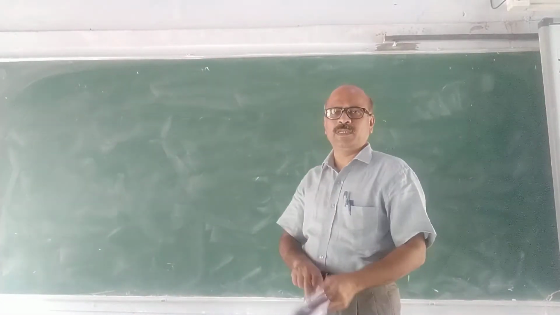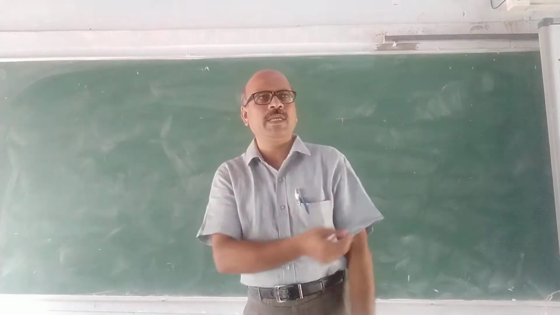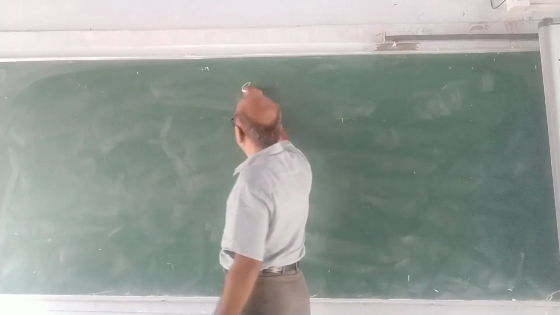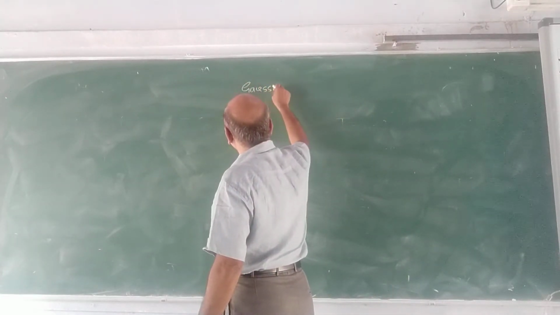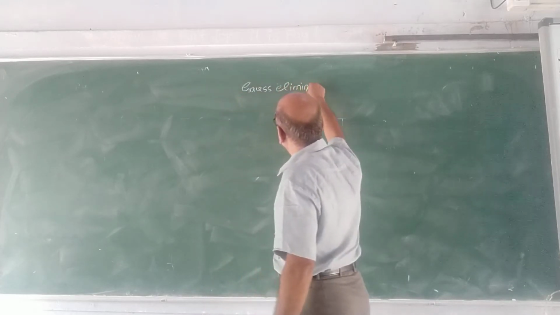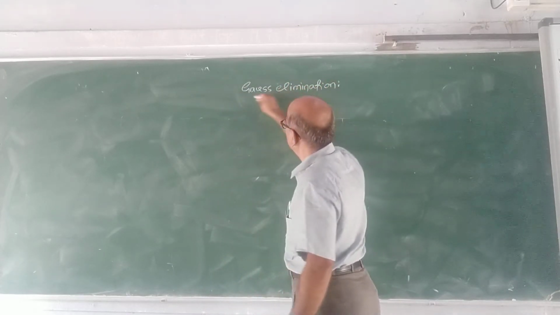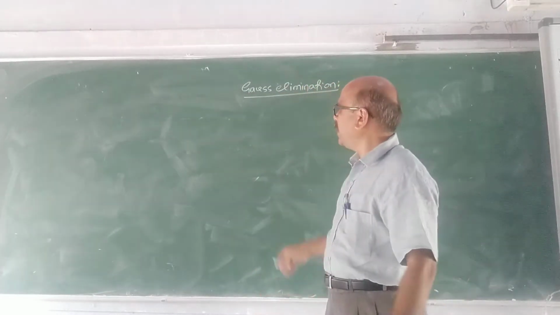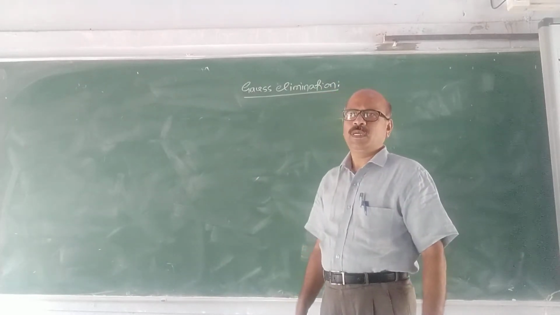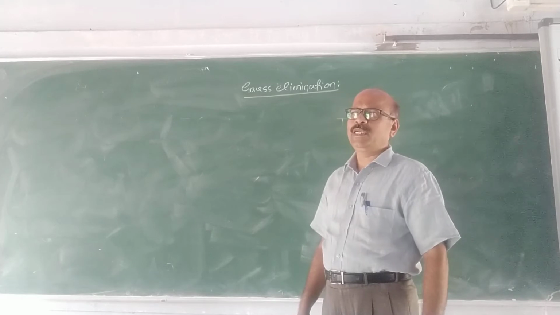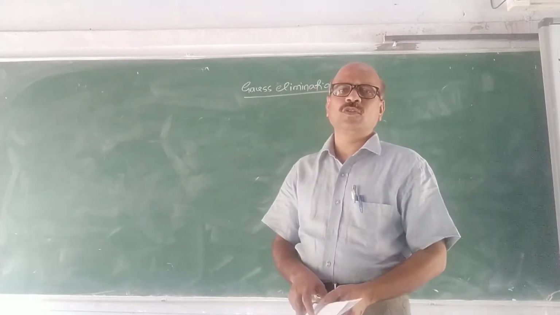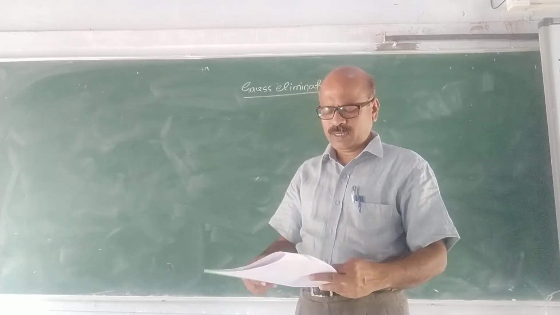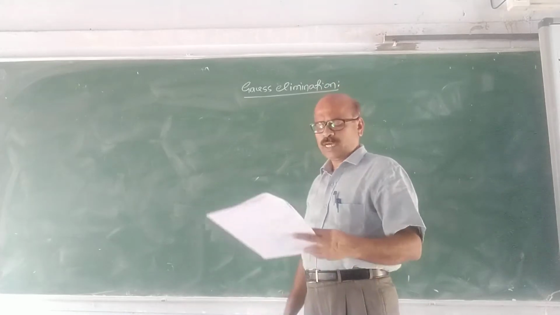In the last video, I explained how to solve a system of linear equations using the Gauss elimination method. What is the Gauss elimination method? It is also called the Gaussian elimination method. In this method, we reduce the augmented matrix to triangular form and rewrite the equations, and by back substitution we get the values of x, y, z, if x, y, z are the variables. I solved two more examples today, and then I explain the Gauss-Jordan method.